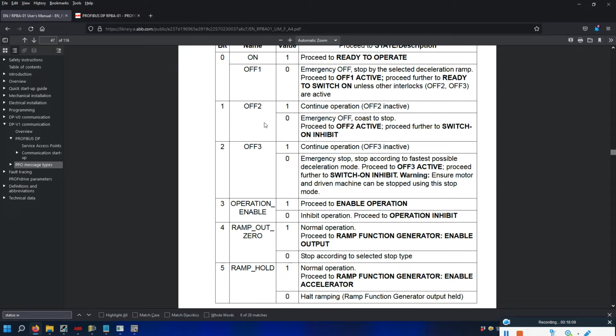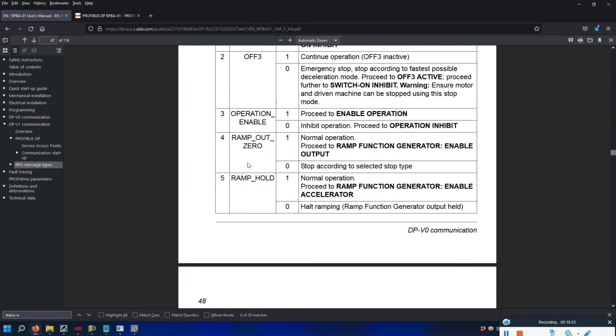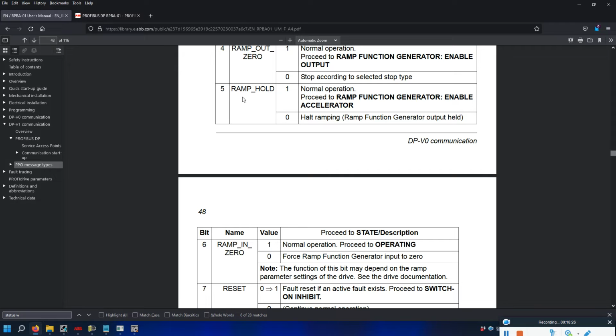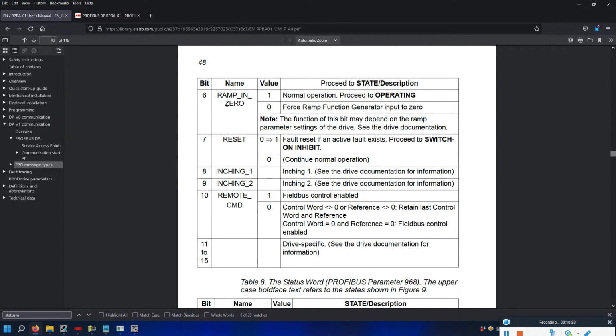So this bit, if you have some e-stop or some very high priority fault, you can connect to this bit, or if you don't have, just bypass this bit by writing 1 to this bit. Okay, operation enabled should be true, ramp out 0 should be true, ramp hold should be true, ramp in 0